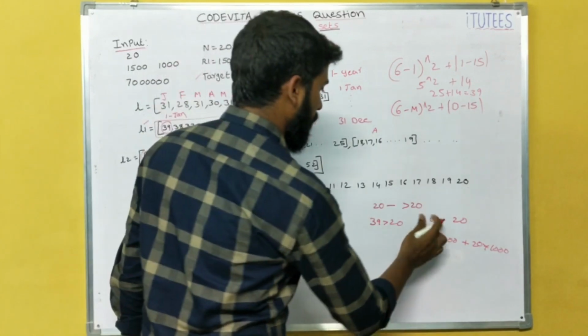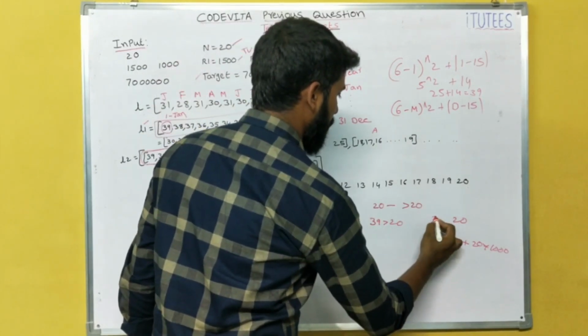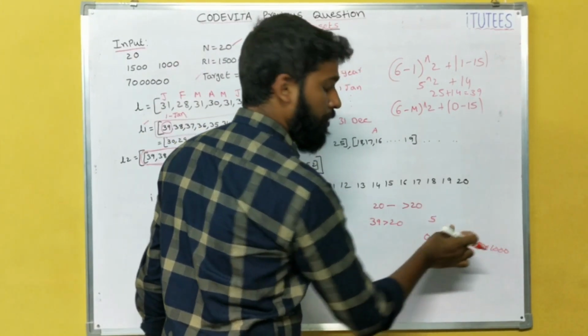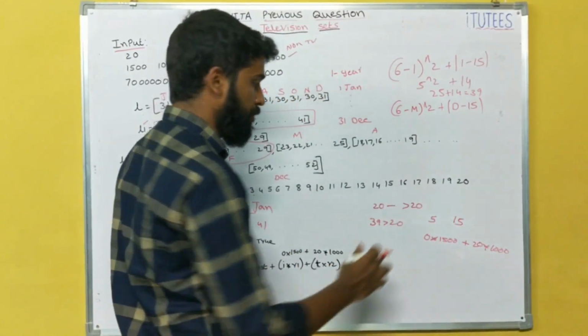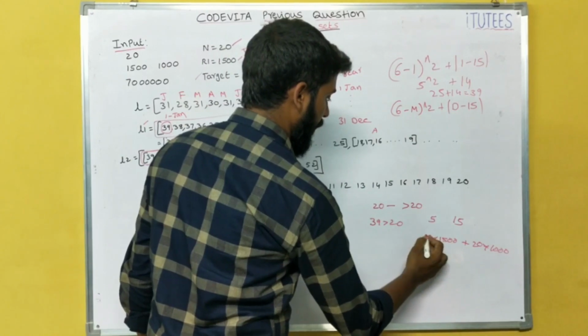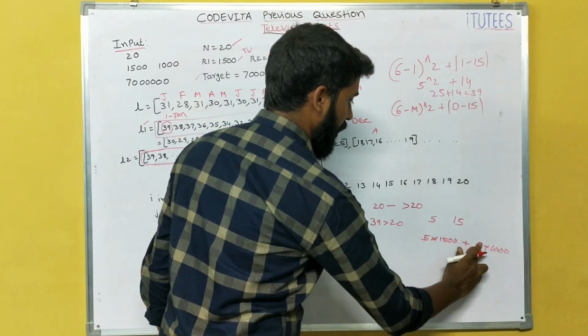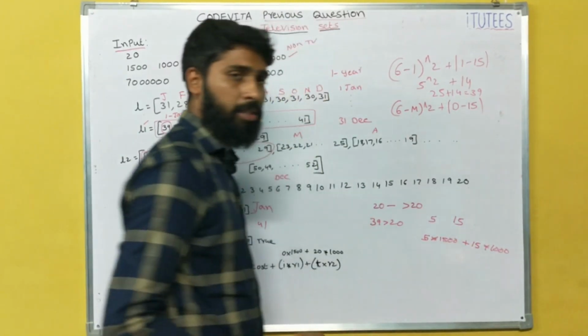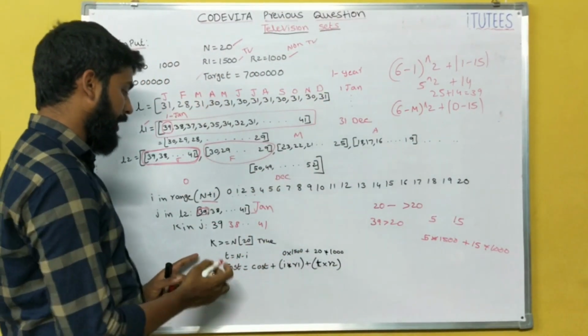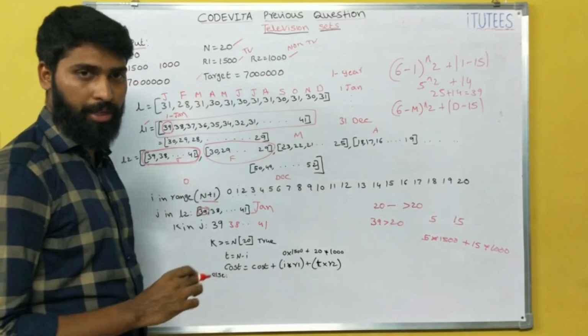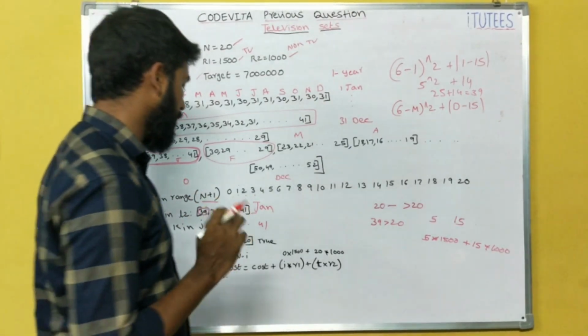So for example, if the i value equals 5, then non-TV rooms are 15 and 39 greater than 20 is true. In this case 5 into 1500 and 15 into 1000. This is the total cost for that day. Okay, in this way we can calculate if it is greater than 20. Another 2 cases we have, that is,